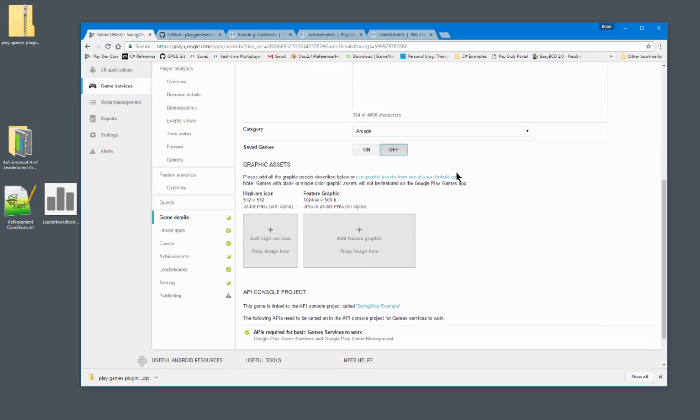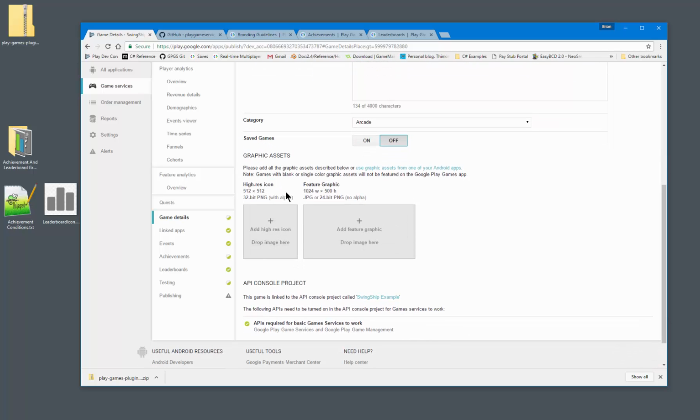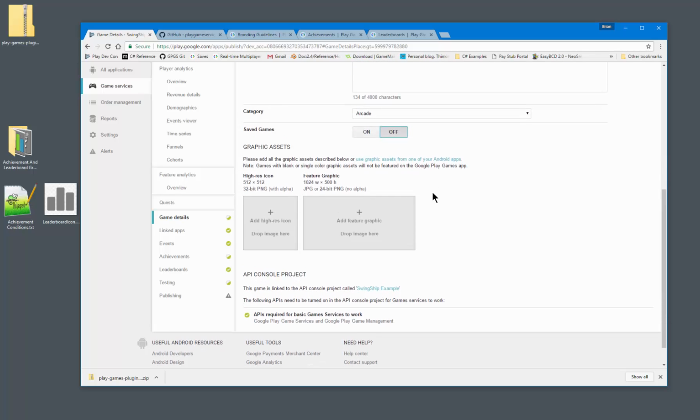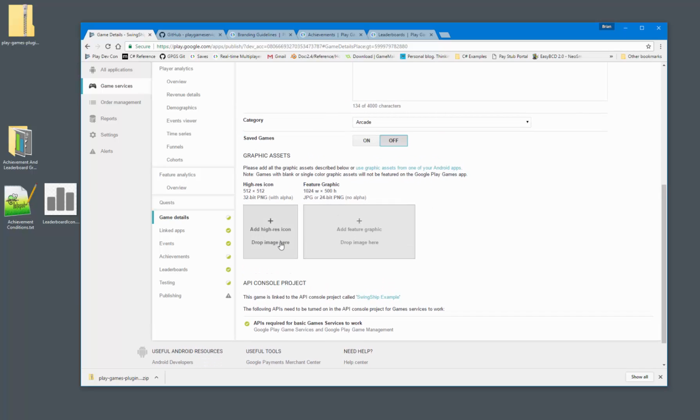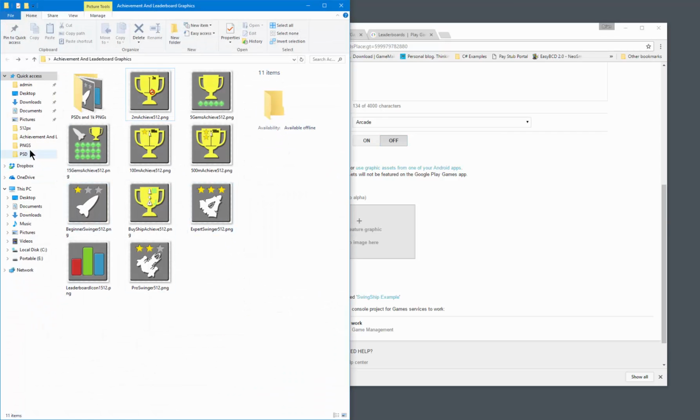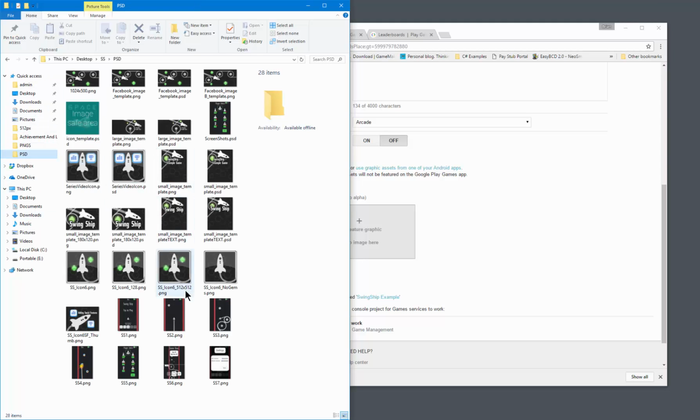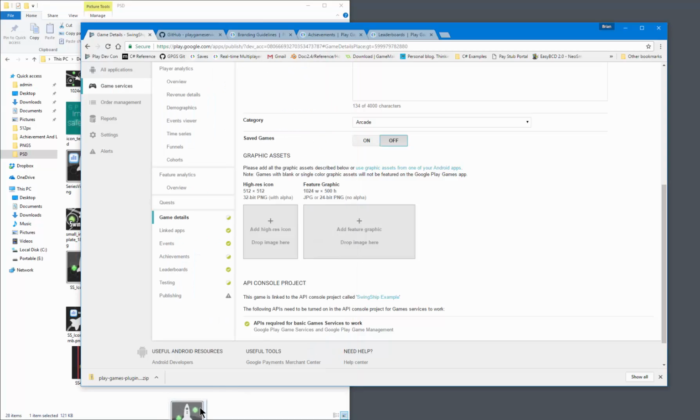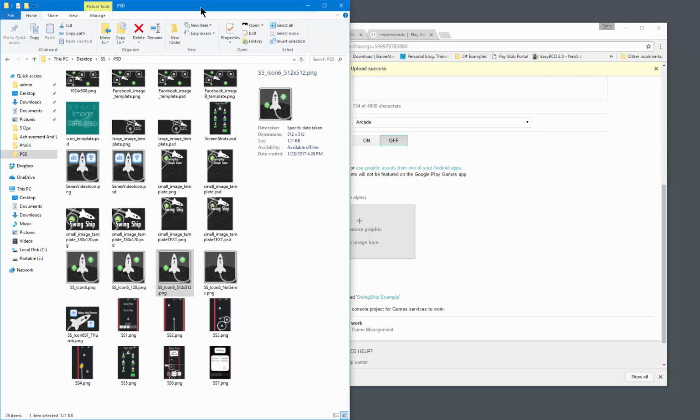No save games. Graphic assets. You know, we've actually already got these for the page. So I will go ahead and go here real quick. Let's see, is it PSDs? We had several of these worked out. There's a 512. Just put that there. And there should be a,